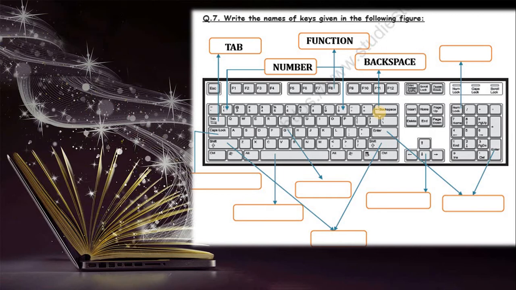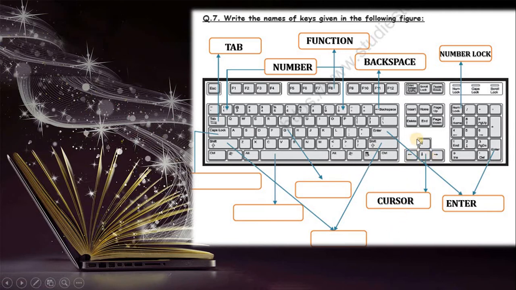From the left side. Now see the number lock key. It is for using the numbers from here. If we want to write numbers from here, we have to press number lock, and then we can use these numbers. Now see, the enter key, one is here, one is here. Both keys are used to go to the next line, and we have two enter keys on the keyboard. What? Two enter keys on the keyboard.